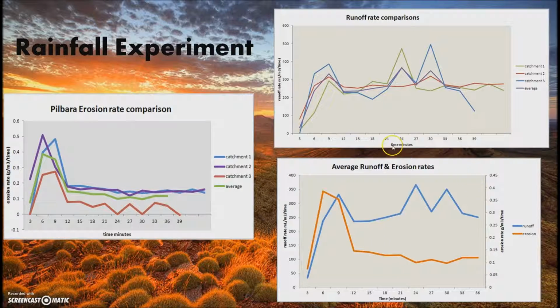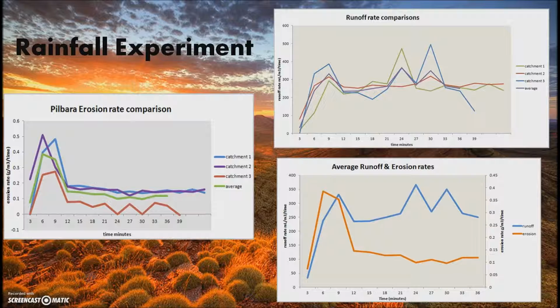Evident from the average runoff and erosion rates, there is a relationship between erosion and runoff in the first 3 to 12 minutes of the experiment, with erosion and runoff rates peaking. However, over time, erosion rates drop dramatically and become inversely proportional to runoff rates. As runoff stays at fairly high amounts over time, erosion rates decrease. This is because the raindrop impact, thread flows and ponding that occurred at the start had already displaced and eroded away the vulnerable sediments. Erosion peaks within the first few minutes as the high-intensity rainfall washes all the dry and displaced sediments away from the soil profile.